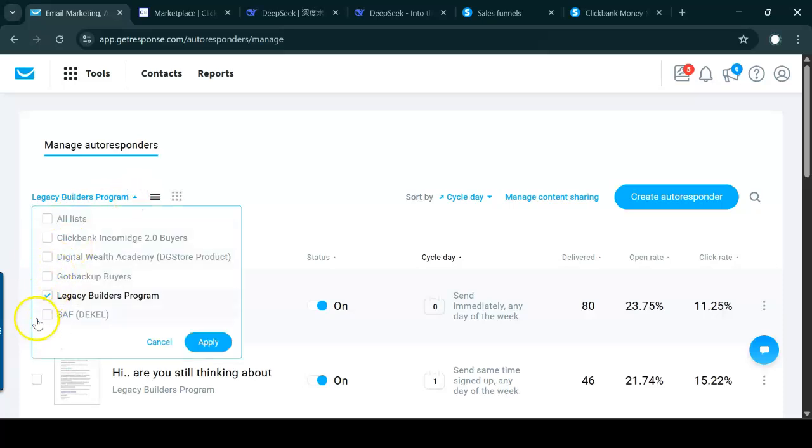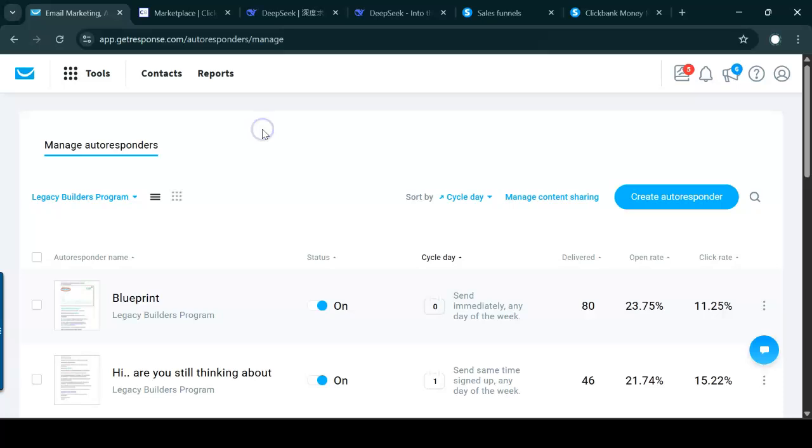Which list is it going to be? Okay, and once you have selected your list, then you want to click on create autoresponder, and you want to add at least 7 email follow-ups per product. Okay, so you could have unlimited, but 7 emails per product, and you're going to add these emails. So this is called the automated money machine.